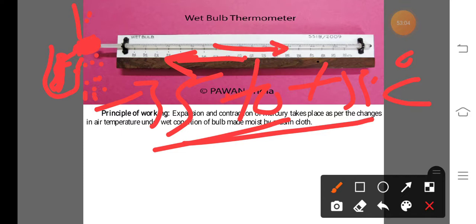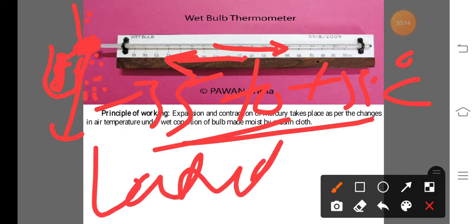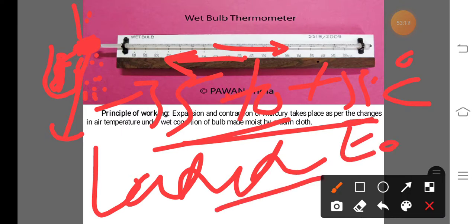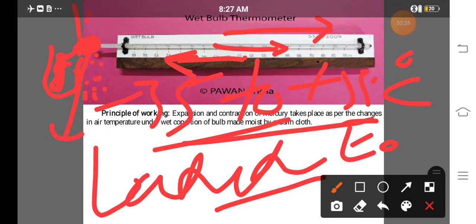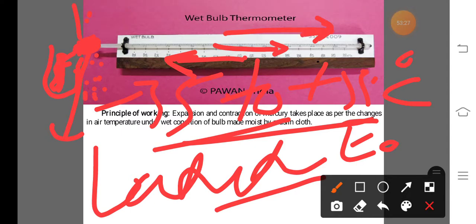When hot air passes, at that time heat is released from this muslin cloth, that means the moisture, and this heat is known as the latent heat of evaporation. The latent heat of evaporation decreases. At that time the temperature of this wet bulb thermometer increases. The wet bulb temperature increases, and while cold air is passing, at that time